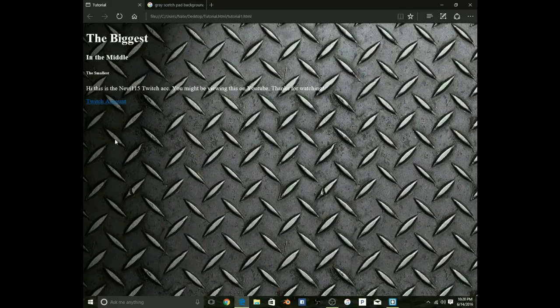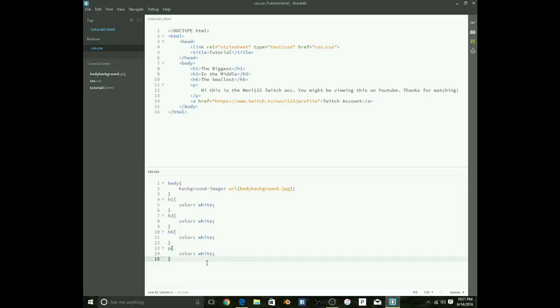Now, see this right here? See how it's underlined? You might not want that. So what I'm going to show you how to do is take that away. So you're going to say A, because that's what type of tag this is. Right here it says a href, so it's an A tag really. So go here and say color aqua, I guess,